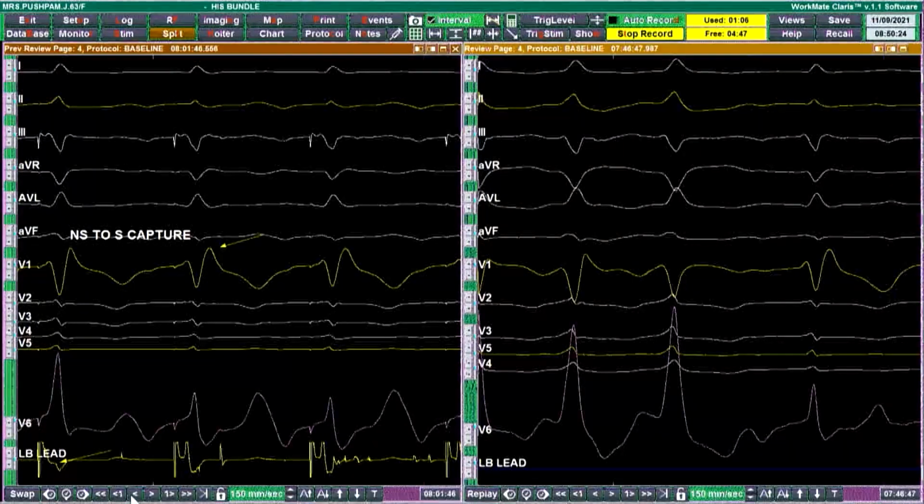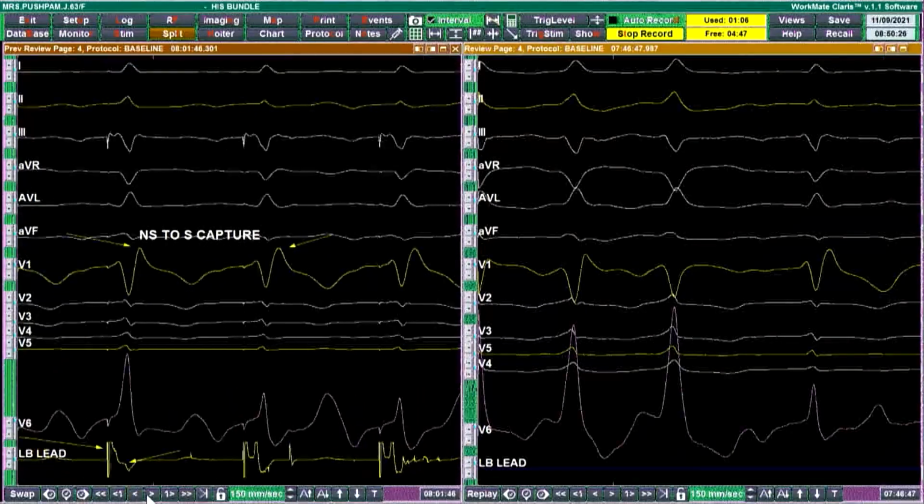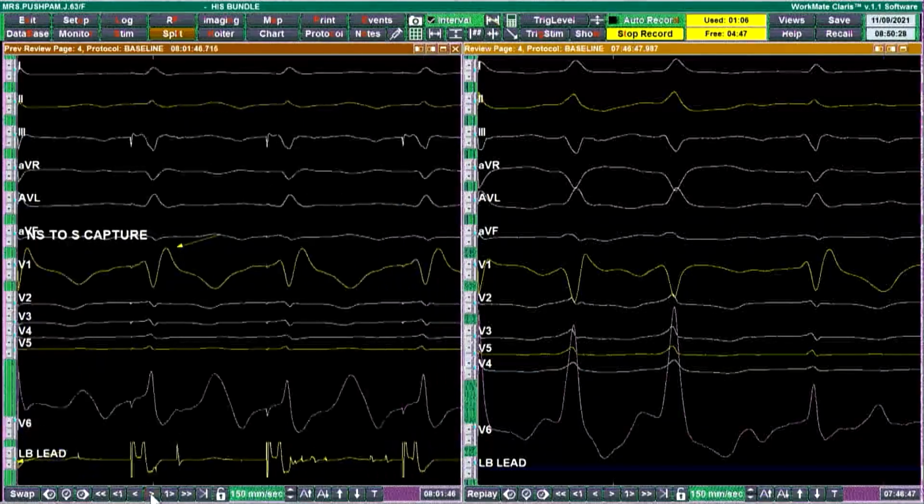You can see the same M pattern in the last beat on the right side, that PVC which got generated. Just put the cursor on the right screen on the template beat, V1. Use your mouse cursor only. Don't use the hand signal. So show the V1. You can see the M pattern here. And show the V6. You can see that S wave.